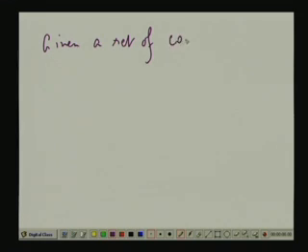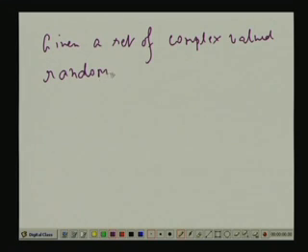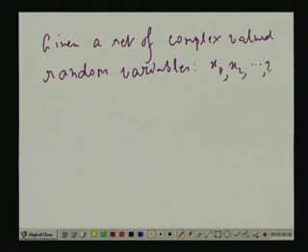Then given a set of complex valued in general, because now I wanted to be more general. So, complex valued random variables say x 1, instead of z 1 I am calling them x 1 now, x 1, x 2, x n. Then